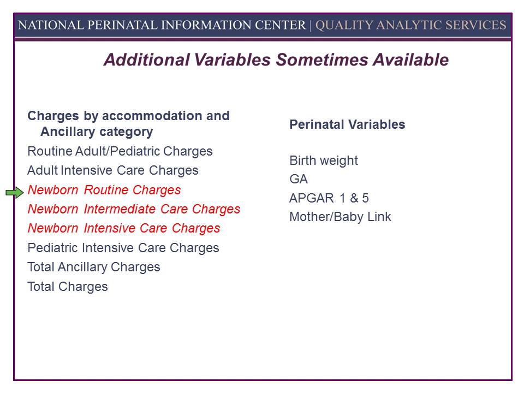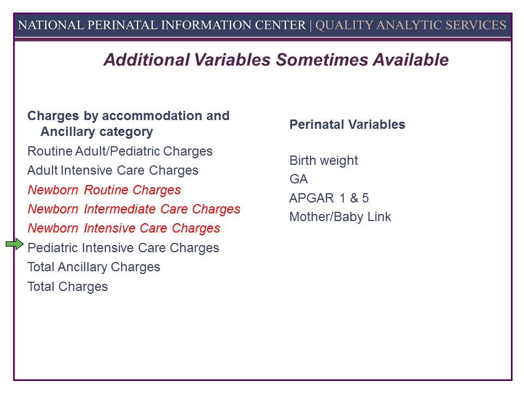One of the things I want to point out is that on the newborn side, what's nice about having accommodation charges subdivided into routine care versus intermediate care or intensive care is that it allows you to identify whether or not the baby was admitted to a special care area, and whether or not the baby spent time in an intermediate care bed, which is generally something like an observation bed or a feeder or grower bed, so it's not at the most intense level. If you've got your intensive charges, that can tell you whether or not the baby was actually in an intensive care bed,